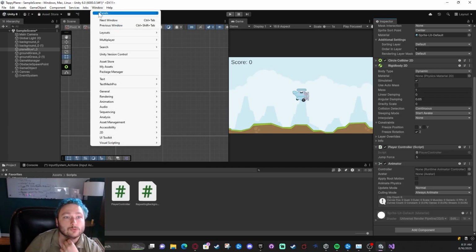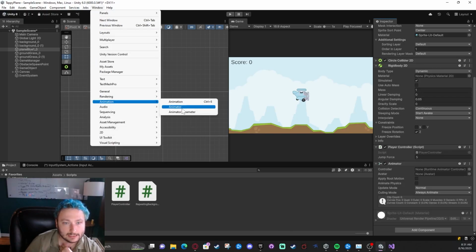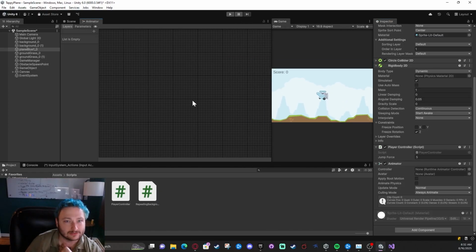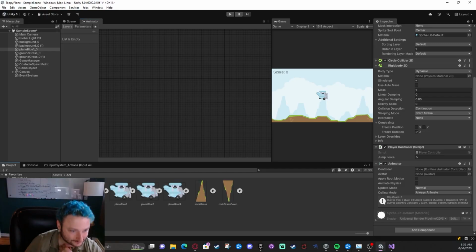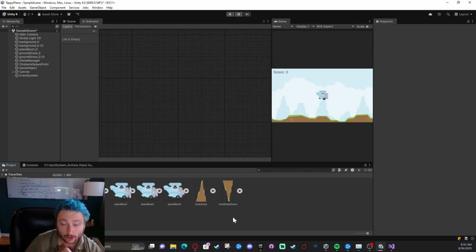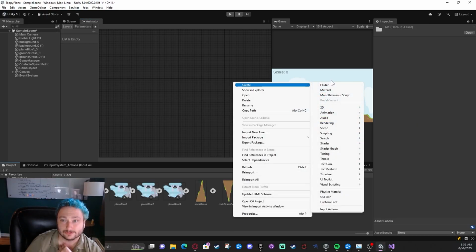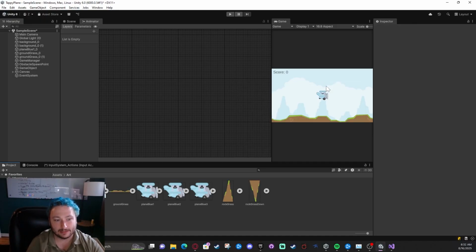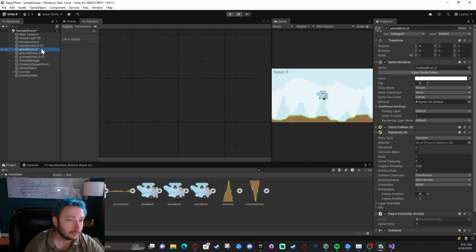And we're going to go up to Window really quick and pull up an animator window. Ooh, they made it look a little bit nicer. Okay, I love it. Now, in our art folder, I'm going to make a folder and name it animation materials. Okay. Now, if I go click on my plane,